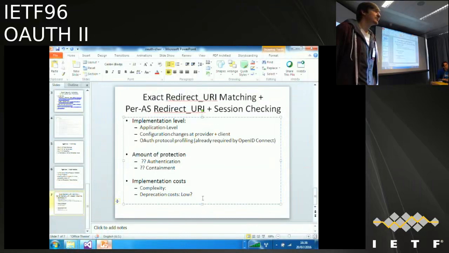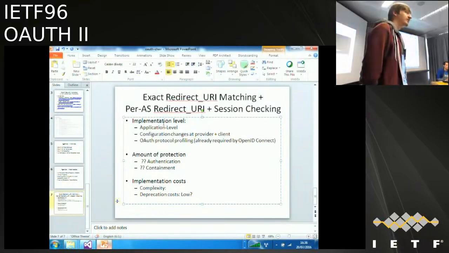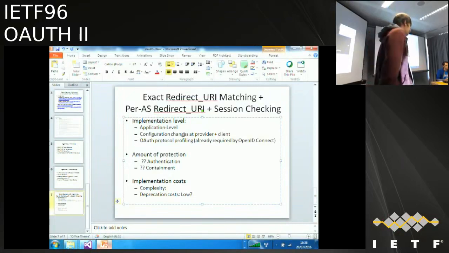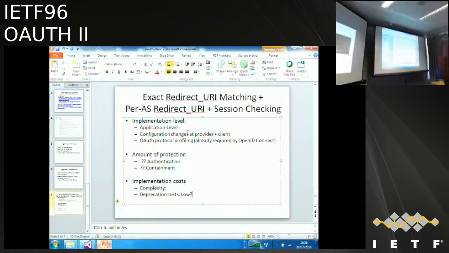Some of the stuff that you already have up there is not quite solving or not quite part of the mitigations. I mean, the configuration changes. But that's my sort of, I used Andre's categorization and tried to create that slide based on what I think. So I think this specific category of mitigation is a configuration change at the provider and the client. Is that fair to say?